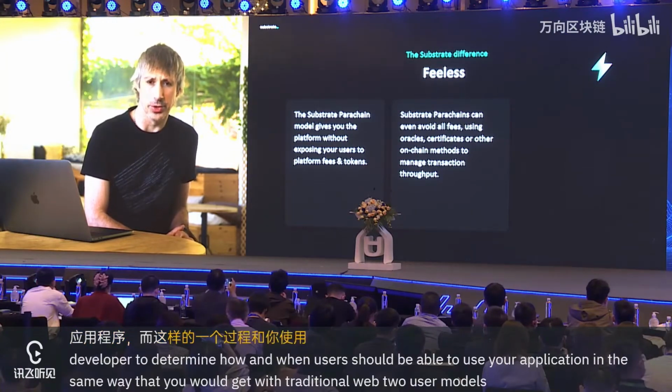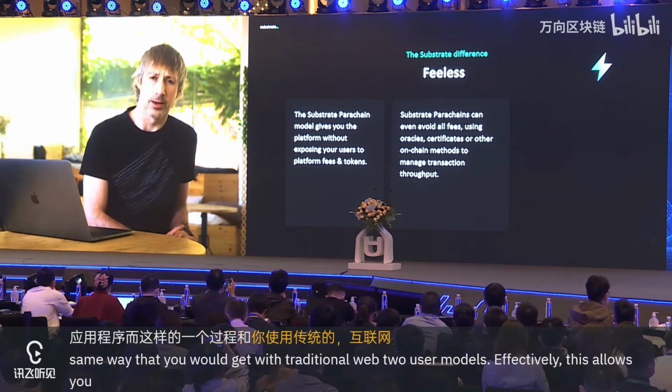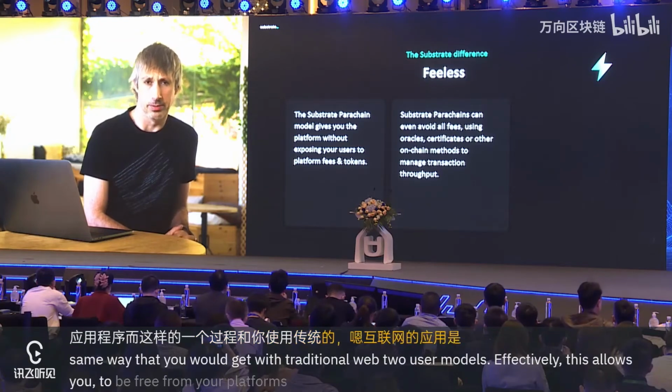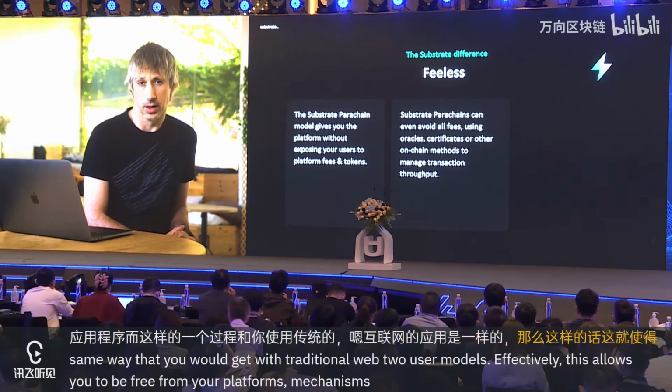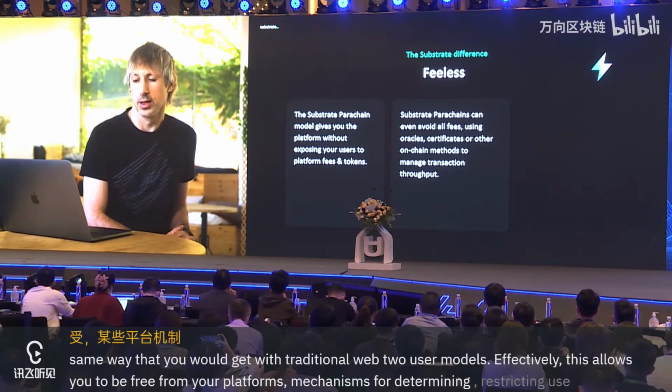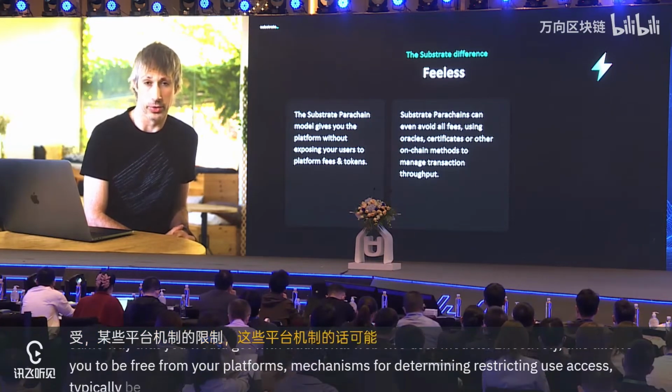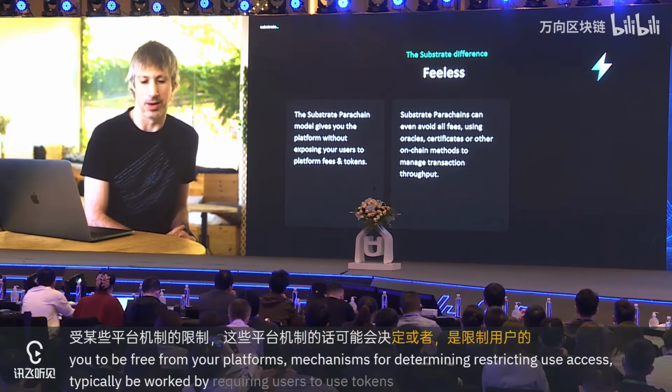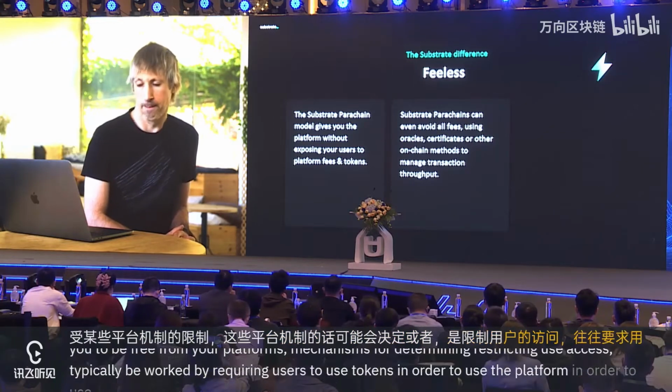Effectively, this allows you to be free from your platform's mechanisms for determining and restricting user access, typically by requiring users to use tokens in order to use the platform, in order to use your application.